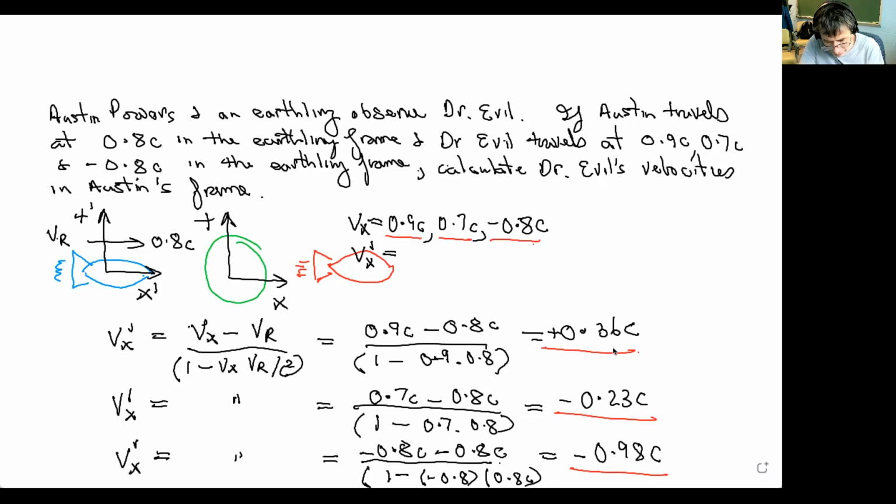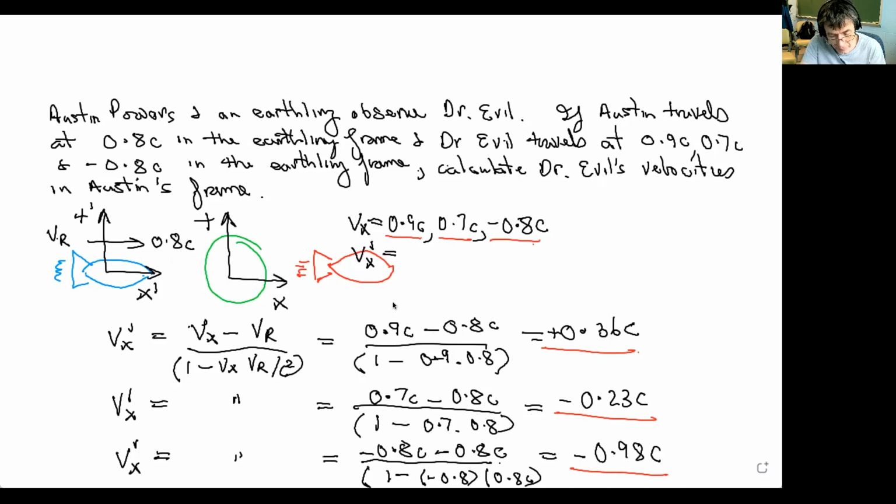So when we look at the three speeds over here on the bottom right, let's think about what they would have been if there wasn't a relativistic velocity transform. It was just the old-fashioned classical Galilean transform. In the first example, when Dr. Evil's traveling at 90% of the speed of light towards the right, and Austin is traveling at 80% of the speed of light towards the right, if it wasn't for the Lorentz transformation, then Austin would see Dr. Evil